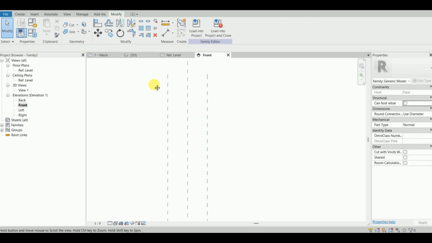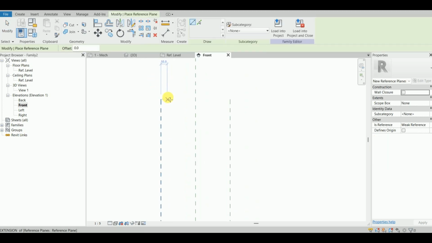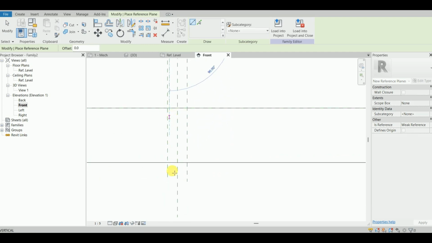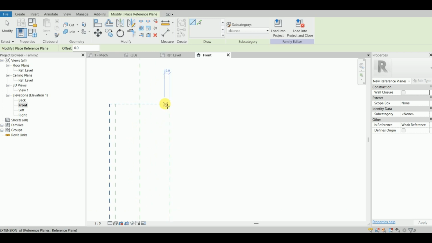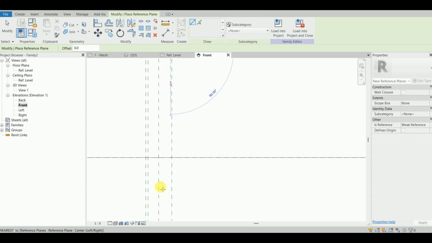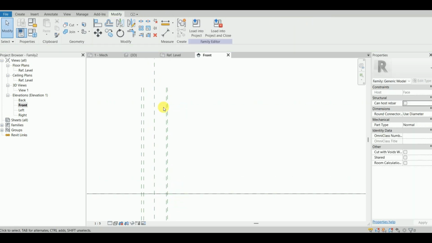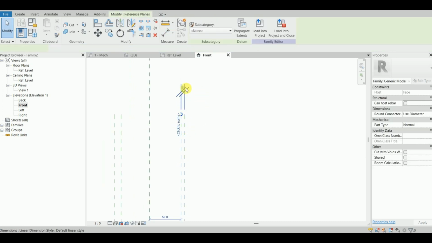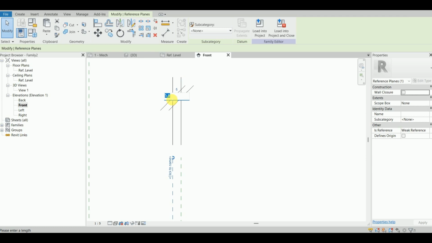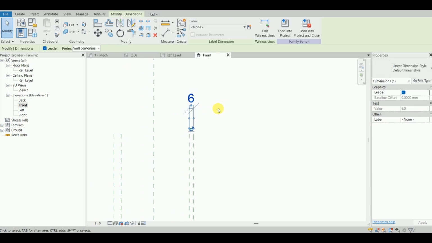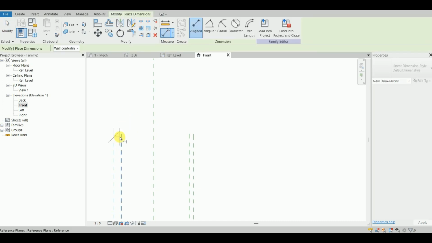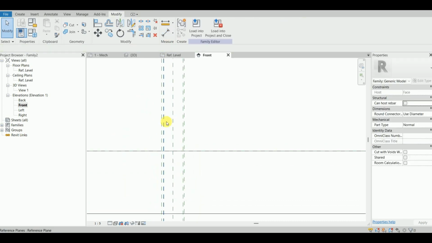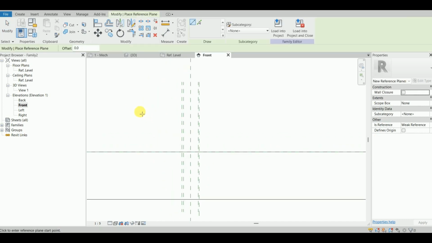And then I need to make two more reference planes. One has to be 10 millimeters away from this, like so, and the other one only 6 millimeters from here, like this. So I can just do this again and select this one until I'm able to edit this and change it to 6, and then I can delete this. And this, of course, I think this was 10 already. Yes. So now I need to make one more reference plane here like this, and now I